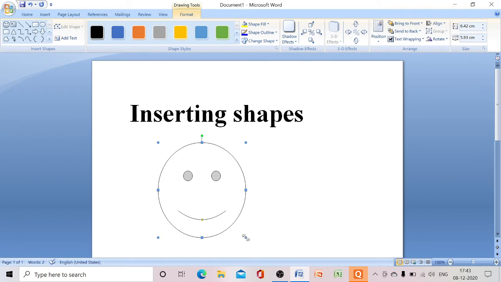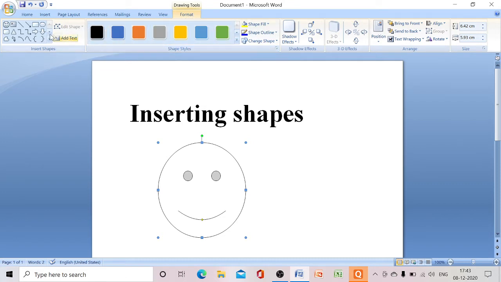This is the way to insert a shape. When we insert a shape, a new tab appears, that is the format tab. When you draw a shape, a new format tab automatically appears displaying the drawing tools to format the shape you have drawn.